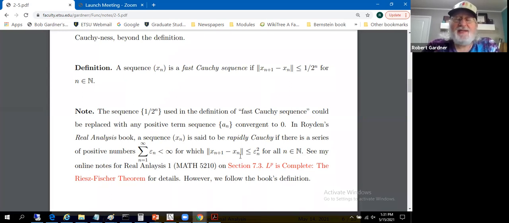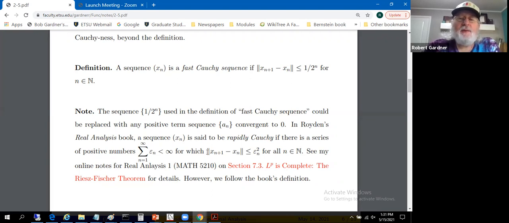This is addressed in the graduate real analysis class in the setting of LP spaces. In fact, in showing the LP spaces are complete, so it was not surprising that it pops up in this conversation. More to follow on what the LP spaces are, but one thing the LP spaces are, they're Banach spaces, and we're talking about Banach spaces. We're trying to talk about complete normed linear spaces, so there's certainly a connection here.